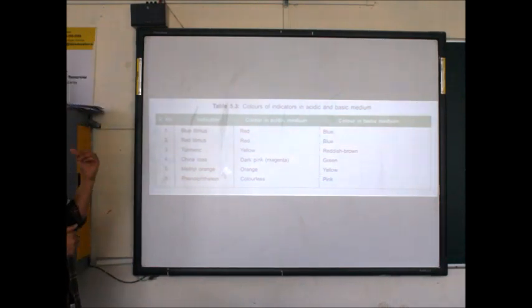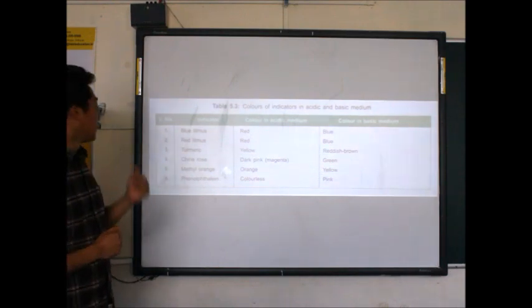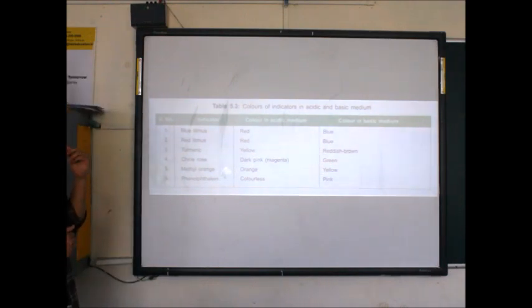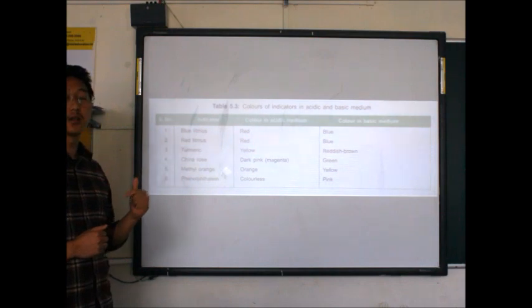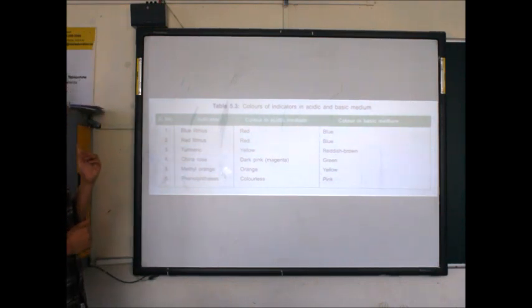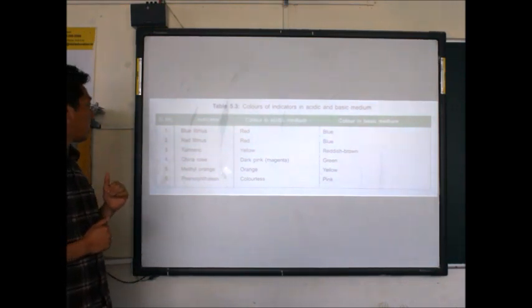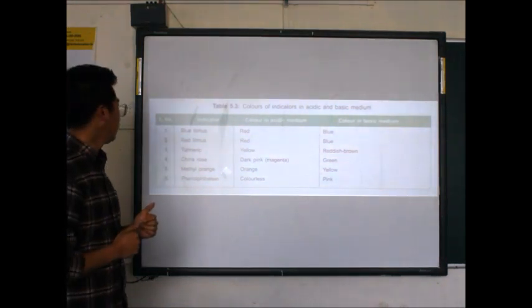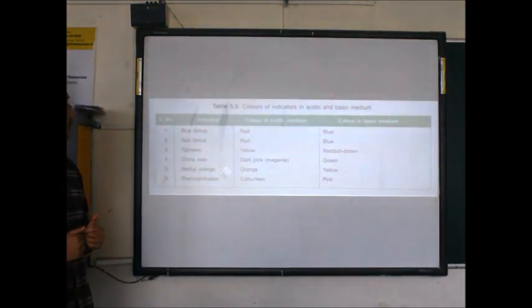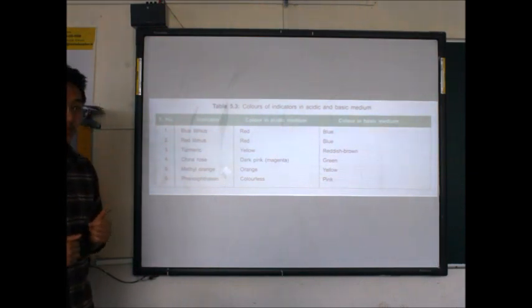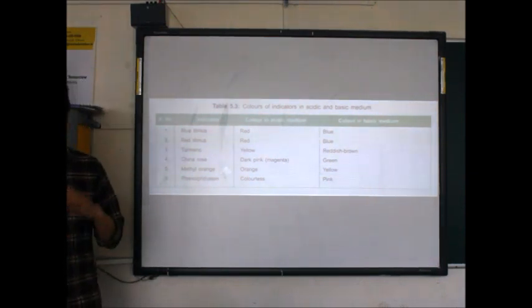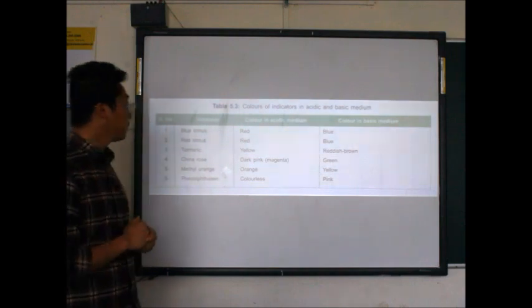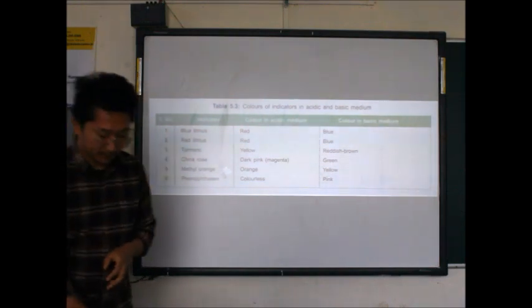In case of red litmus, the color in the acidic medium will remain red, so it is unchanged. But in basic medium, the color of red litmus will turn to blue.